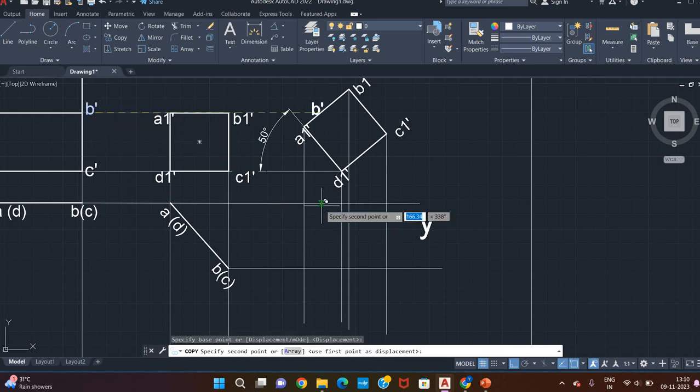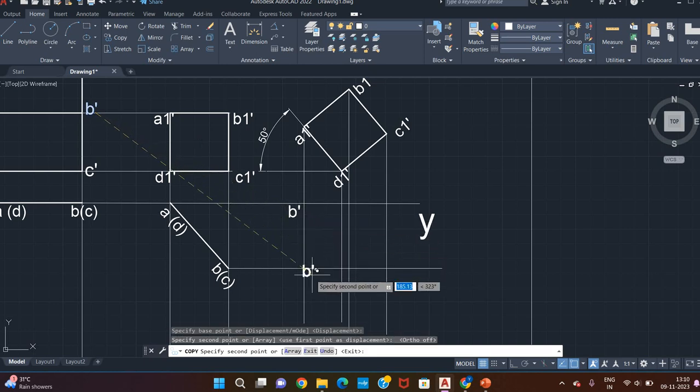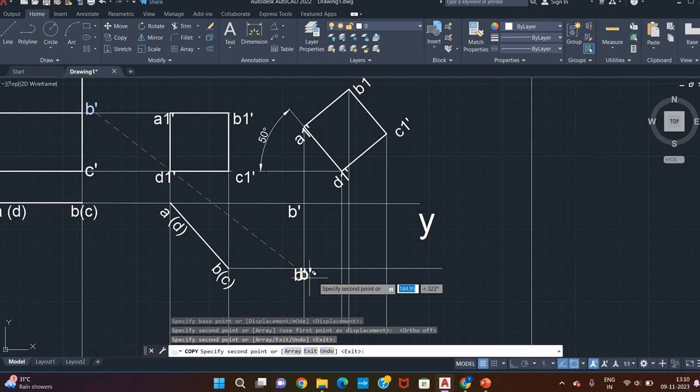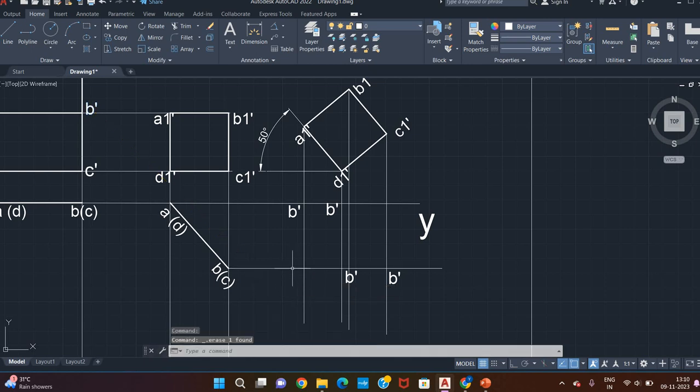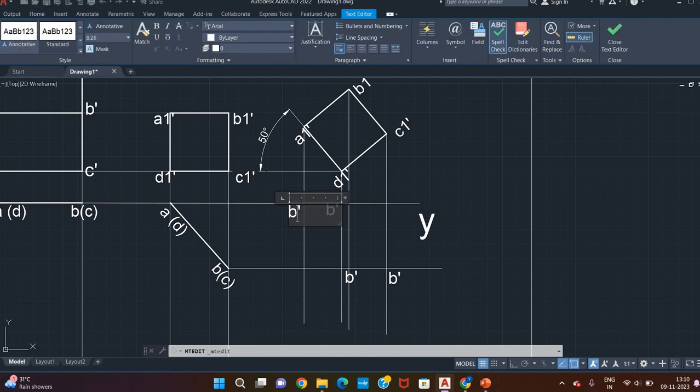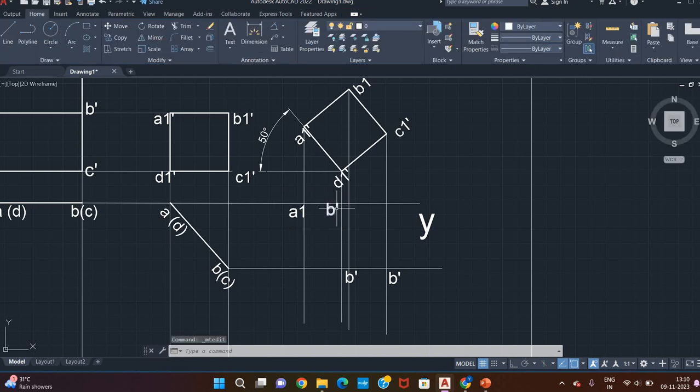Let us give the names. Let us copy one name and switch off ortho so that then only we will be able to move it in angular fashion. D and D, D1. This will be B and B, B1, this point. Similarly, C and C, C1. Yes, I don't want this point. Right. Now I am joining A and A. I will be getting